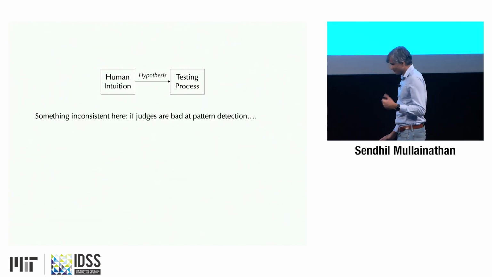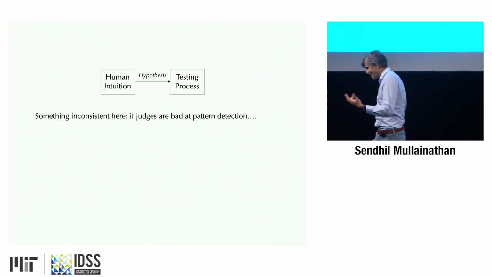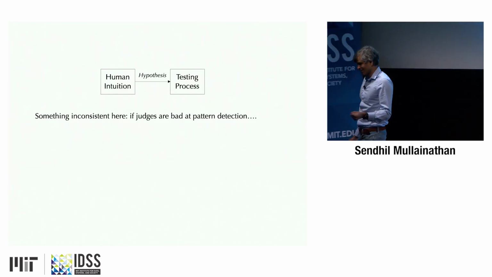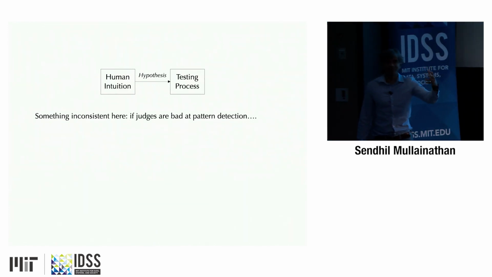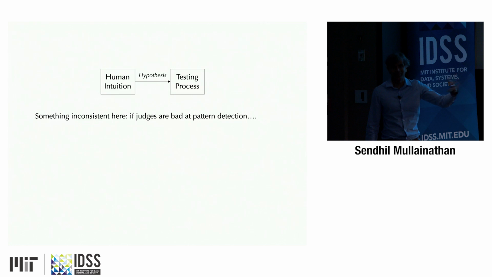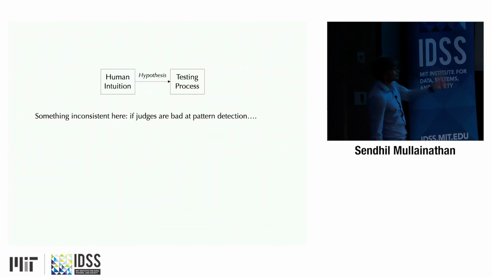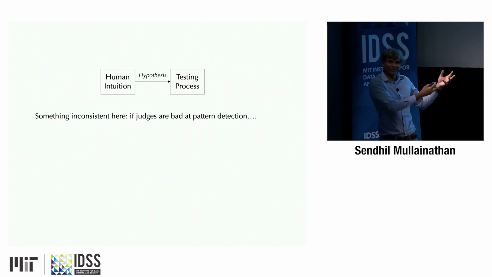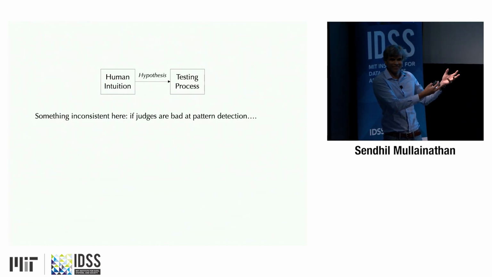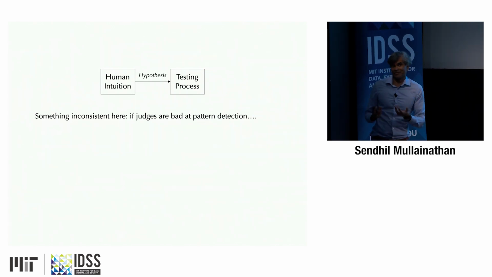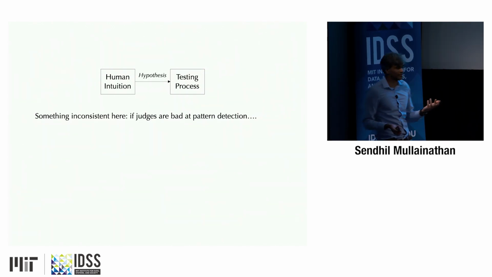What is a good hypothesis? Well, a good hypothesis is something like, at least has some properties of, I noticed a pattern in the world that we have not hitherto noticed, and maybe we should investigate whether that pattern is causal. But if that's what it is, well, if we just agreed in this paper judges aren't great at pattern detection, well, I'm just a scientist. I'm just a person. Is it possible I'm not perfect at pattern detection? Is it possible there are other patterns to be detected?